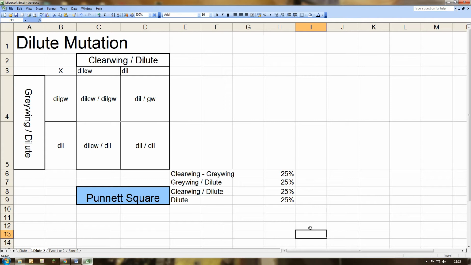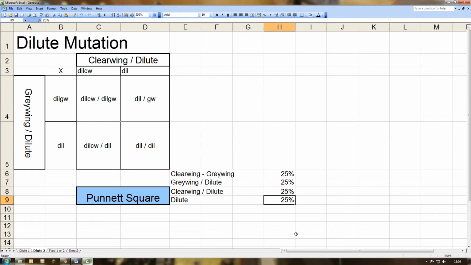So in terms of our possible pairings here, we're going to end up with I suppose 50% of the birds looking similar to the parent, so that 25% will be grey wing split dilute, and 25% of the birds will be clear wing split dilute, so they'll be identical to the two parent birds. We're then going to end up with a grey wing that is full-bodied, something that neither of the two parent birds were, 25%, and 25% of the birds will be